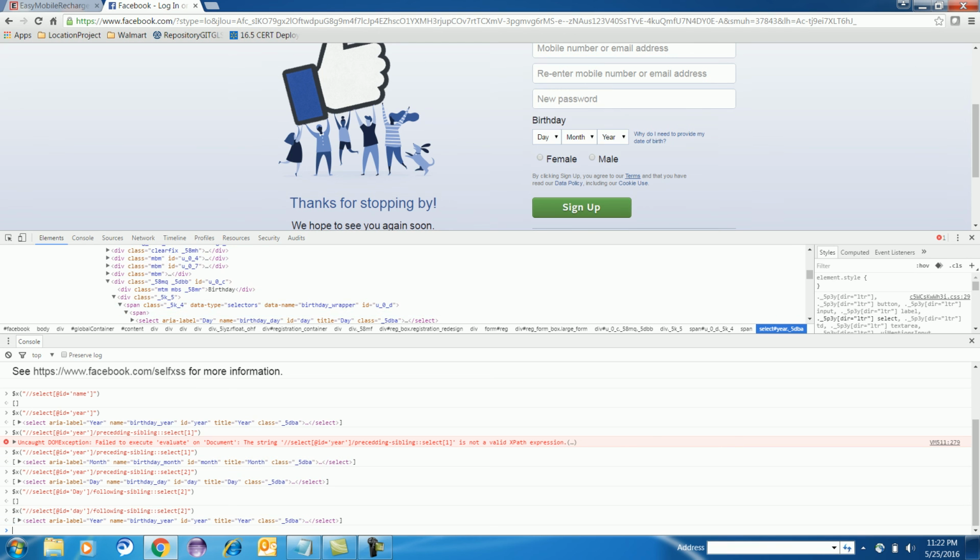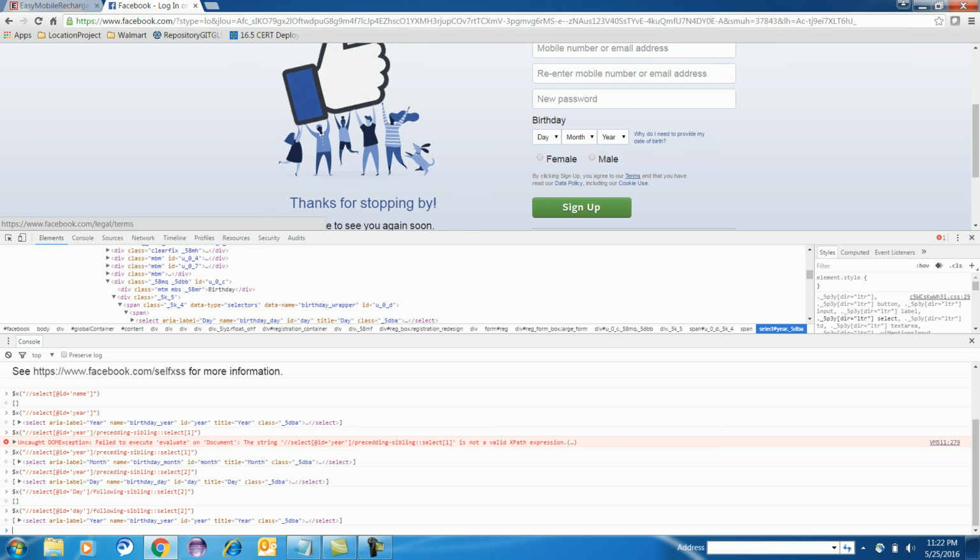And where it is useful, that is the main important thing. Assume that in a real scenario you have an object of only one element: you have an object for day, you don't have any object for month or year, but your month and year are coming at the same hierarchy, and they are siblings. So when you have the object of day, through that object you can use following siblings, then you can go to month, and if you use following siblings select 2, then you can go to year.